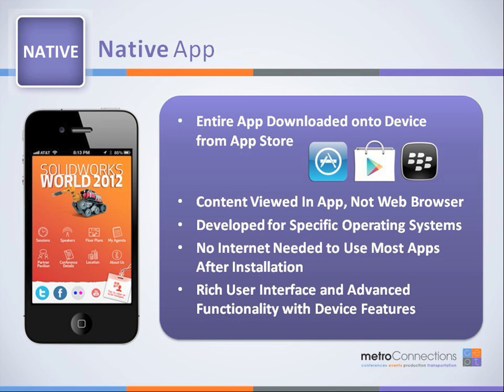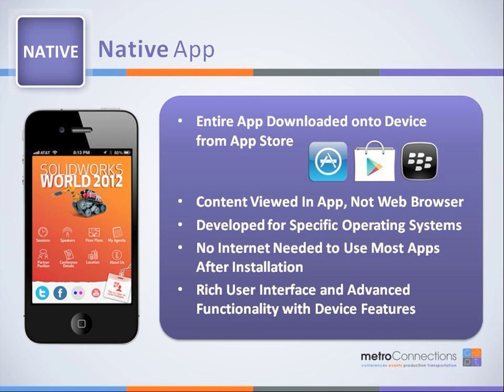The key here is that you have to develop one for each of the operating systems. So if you're doing an app for an event, knowing your audience, there's at least the need for the Android and the Apple iOS app, and possibly the BlackBerry app as well. And if Windows Phone takes off, then there'll be even another one. So one of the things you need to be aware of is that you're building actually 4 different apps that have to go through 4 different approval processes. We'll talk more about that in a little while.